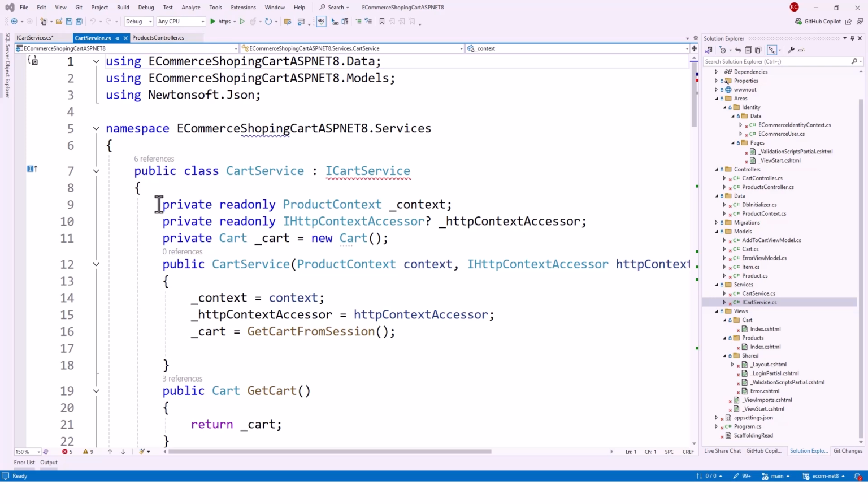So first we'll retain the first two lines, private readonly ProductContext _context, and this property HttpContextAccessor, the object is IHttpContextAccessor _httpContextAccessor. These two will be required, but here this part,